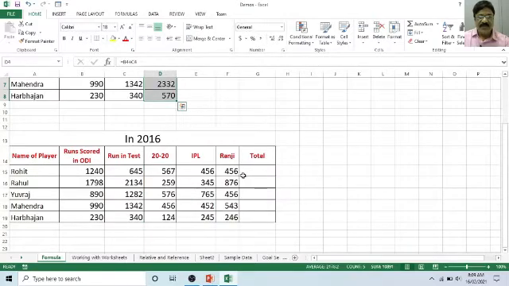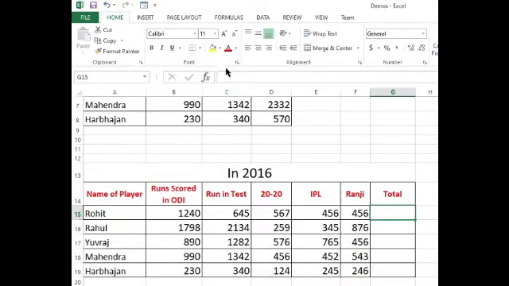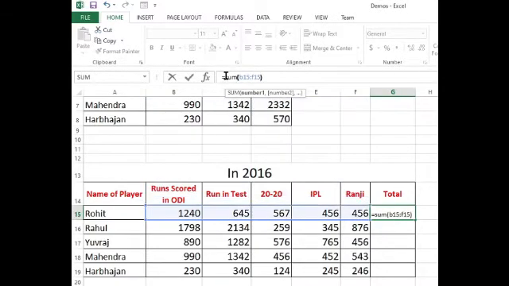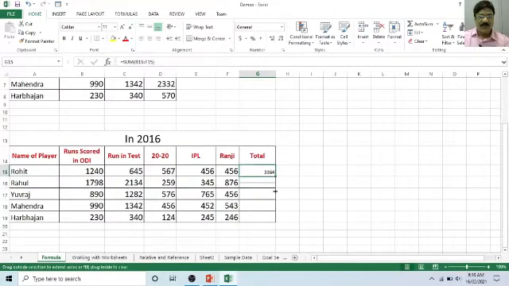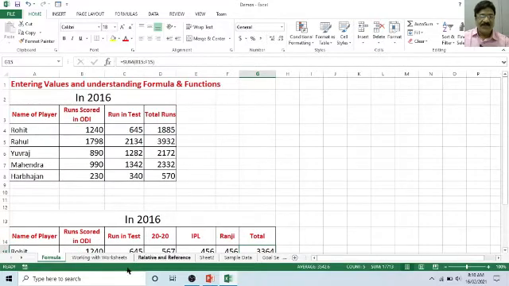Now again, if you want to find out the addition of all of these, instead of specifying the equal sign with all the cell values, you can use the SUM function, from B15 colon F15. It's very simple. And again simply copy it. You can again use the format painter. So we have seen how to work with formulas. Now we will create a worksheet and see how to merge cells and create these kinds of effects.